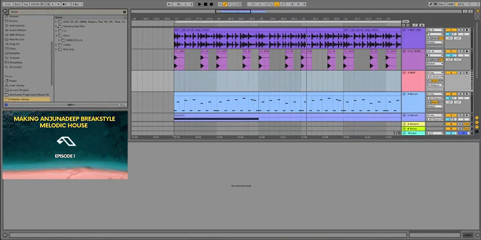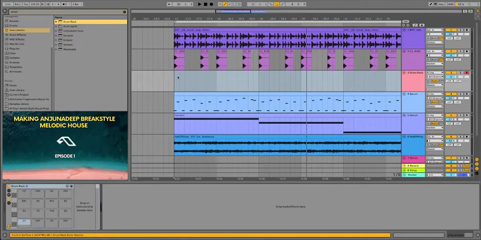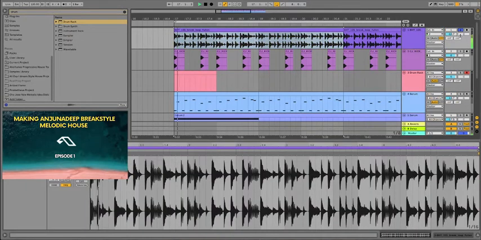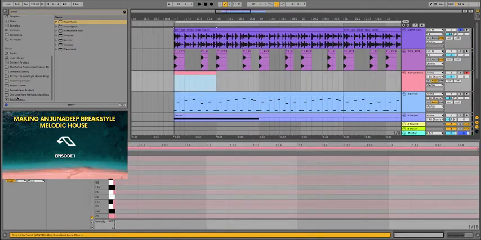It might be a little bit easier to put the samples in and out that we need as part of this. So we need a kick, snare, and a bit of a loop on top as well.